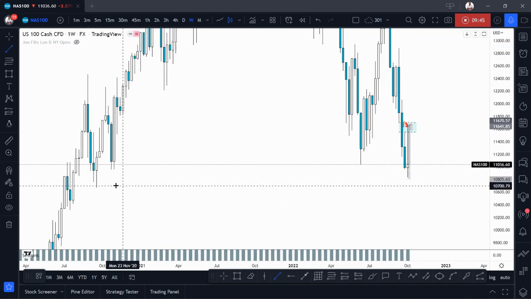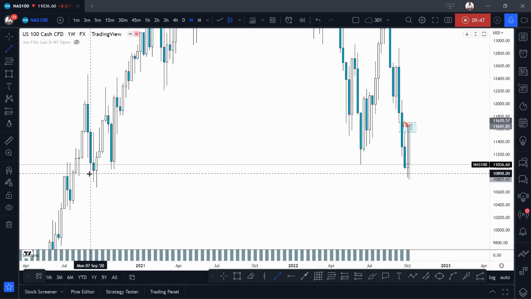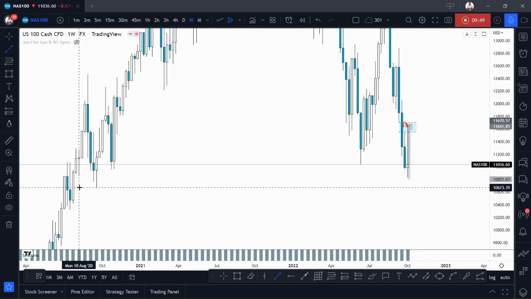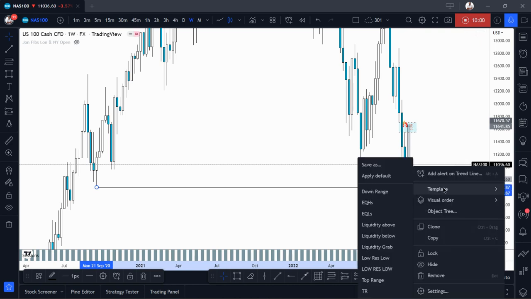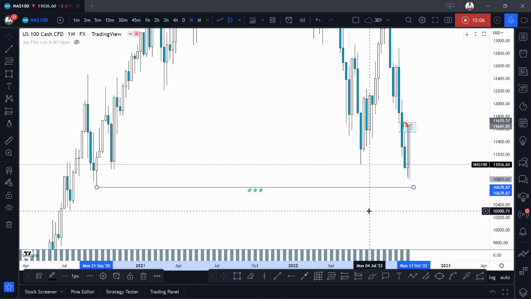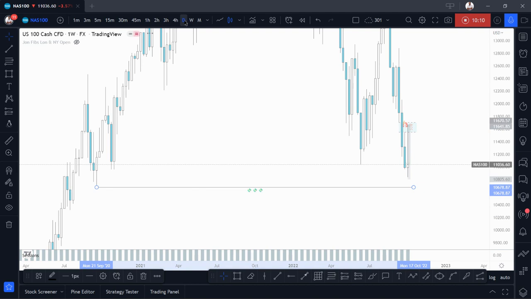I do see this liquidity here that my highs is at. I do see this liquidity that I really want price to capture. Say equals, yeah. So yeah,